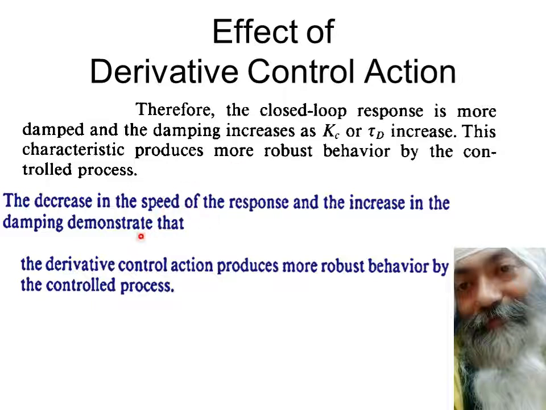And the increase in damping simply says that this response is more robust. Robust means it will be less oscillatory, it will have less overshoot. That is why it's robust. It's not going to be affected by the oscillations. As such, the introduction of derivative actually makes it sturdier and more robust in its behavior. To bring out this point, let us see the things one by one. First of all, we will have to see what we mean by robust. Here we mean lesser overshoot and quick decay as such. So that is what we are going to see.